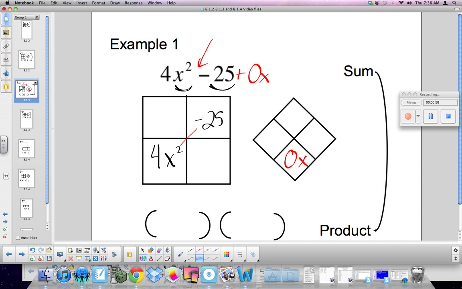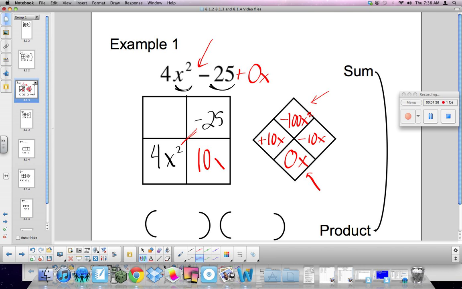So now I'm going to take a look at what goes in the top of the diamond problem, and that's always the product of the two numbers in the boxes. In this case, it's negative 100 x squared, because 4 times negative 25 is negative 100. Now I'm going to figure out what adds up to 0 and multiplies to negative 100. Those two numbers, hopefully we know, one's positive, one's negative. It's the only way to add to 0. And they have to be equal numbers, the same value, because they have to add to 0. So it's going to be 10x and negative 10x, because that multiplies to negative 100